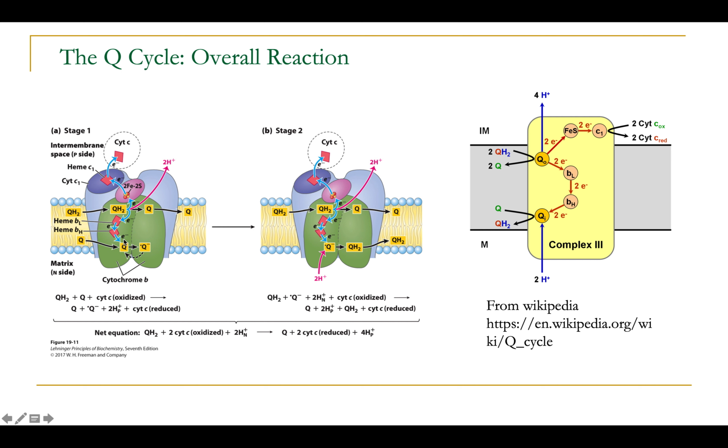the negative side and reduces it to semiquinone radical. The fact that the semiquinone radical is formed as an intermediate will be important later in our discussion on the connection between the electron transport chain function and the generation of free radicals, which are harmful for the